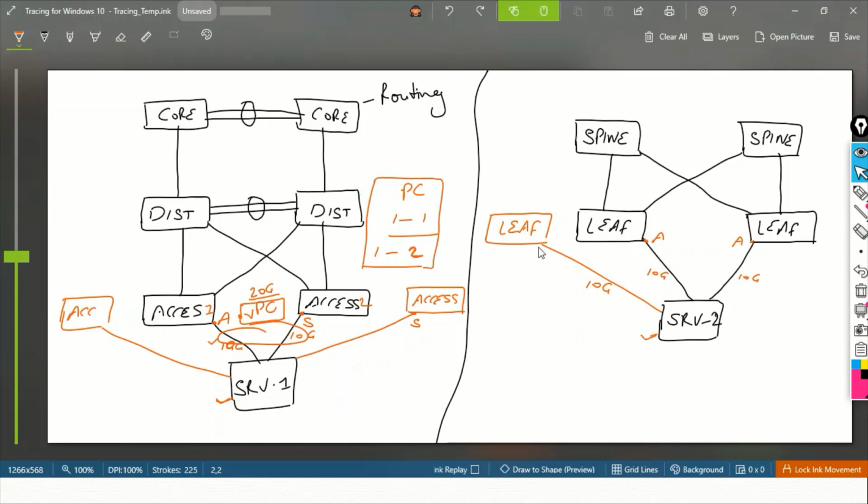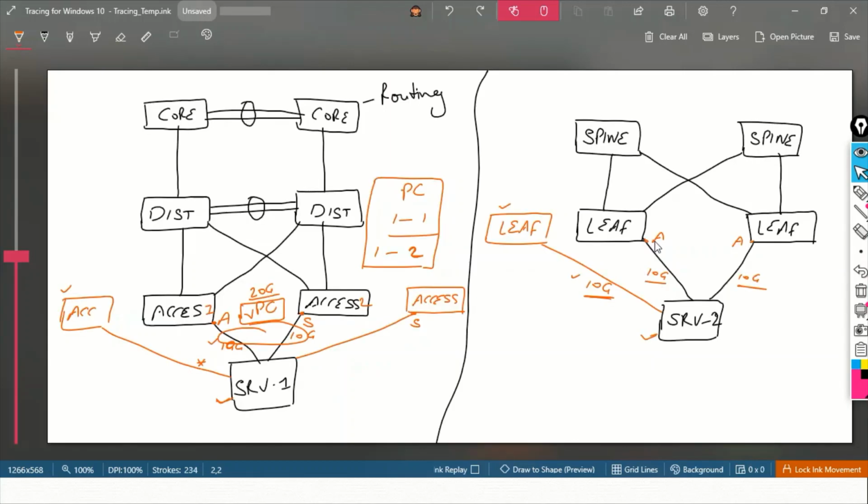So this is one of the add-on benefits: we can get active interfaces like this. The third one is that we can install multiple access switches, but we cannot connect our server to them directly. Here we can install multiple leaf switches and connect our servers, and the server will get more bandwidth: 10, 10 and 10.